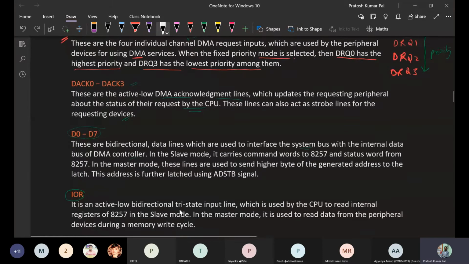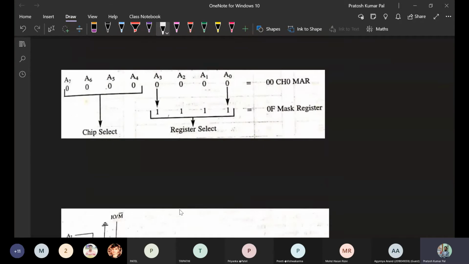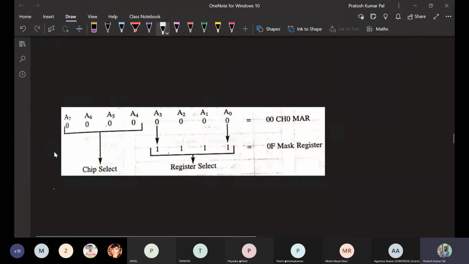There are different registers available to DMA controller. These registers' addresses are basically given by the A0 to A7 bits.